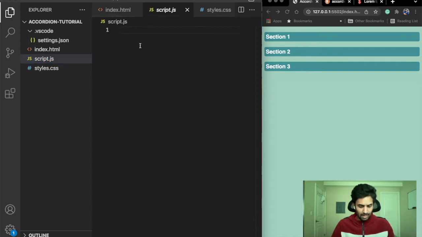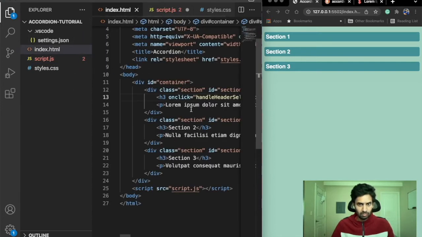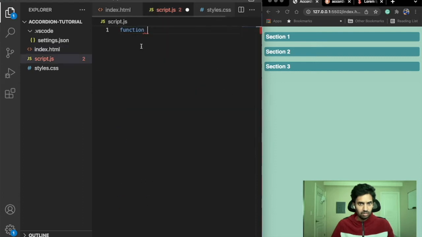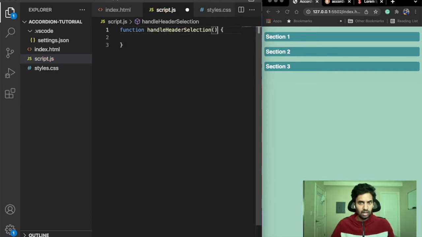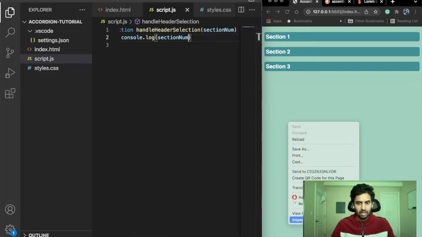For that, I'll be adding a function with the same name, handle header selection, and then I'll give this a parameter. I'll call this parameter with a number. Let's give it section num. Okay. So this represents the section number. The first thing that I'd like to do is just make sure that the section number is going into the function correctly or not. I'll click on